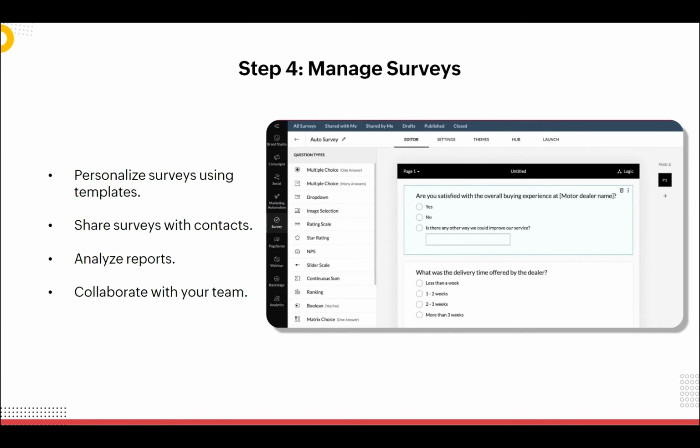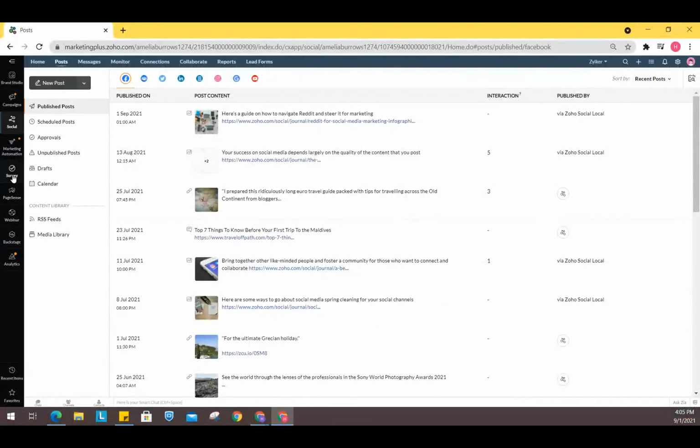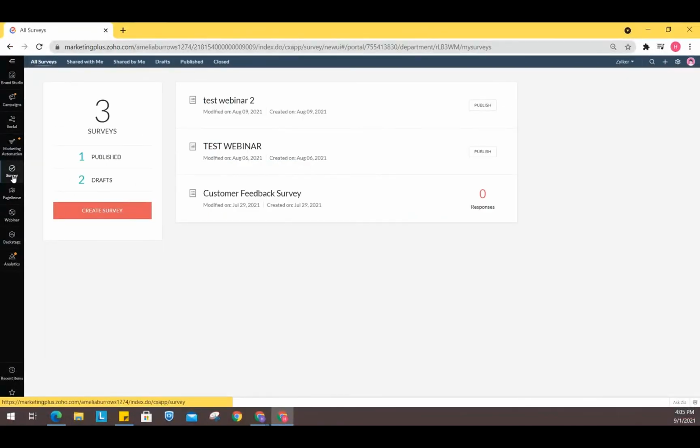You can also share the survey with your team and collaborate with so much ease. I'll just show how the survey editor looks. It can also be shared with your contacts via email or Facebook, or embedded in your web page, etc. I'm accessing surveys, and I'm just going to open a survey that's already been created.